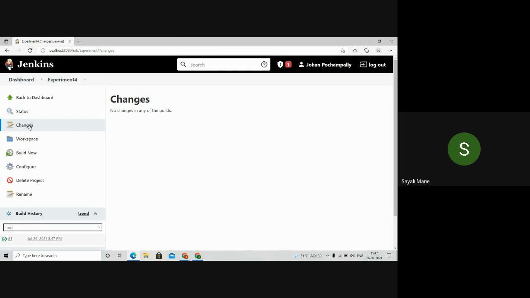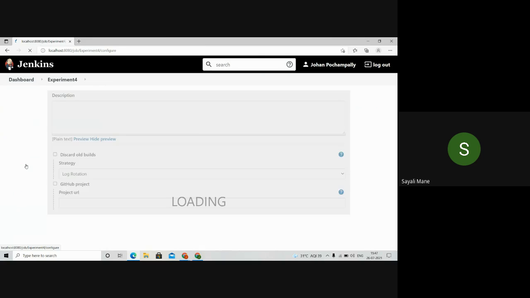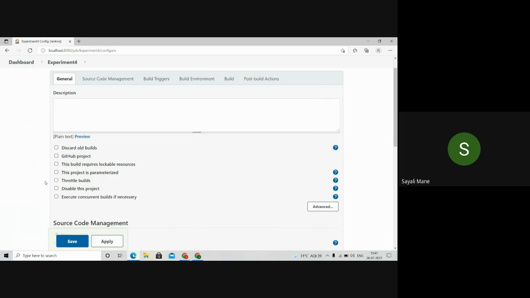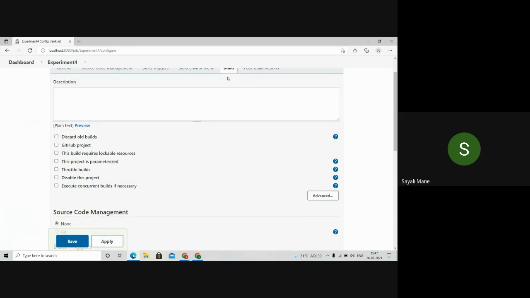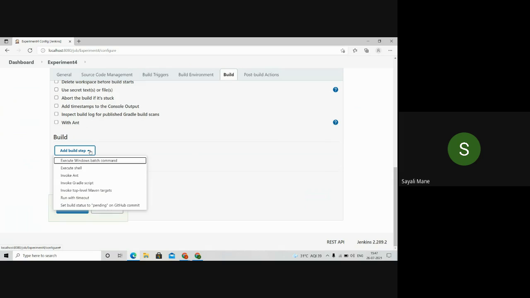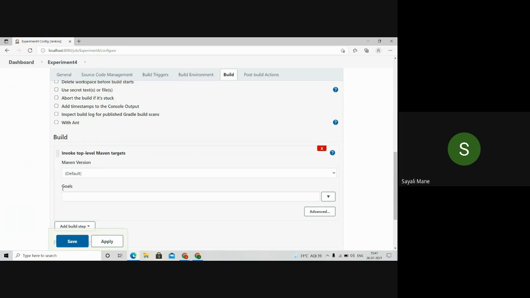Yeah, click on the changes, configure. Just check one. Yes, we have to check the global one. Yeah, click on it. Yeah, here, correct. Now here, click on the build one. Add build step is there, okay? Can you see Maven? Click on that. Invoke Maven. Okay. Now Maven version. So what is your Maven version? My Maven is there, right? Correct. Now goal. Our goal is to compile. So simply type compile. COMPILE, correct. After that, click on the save button.